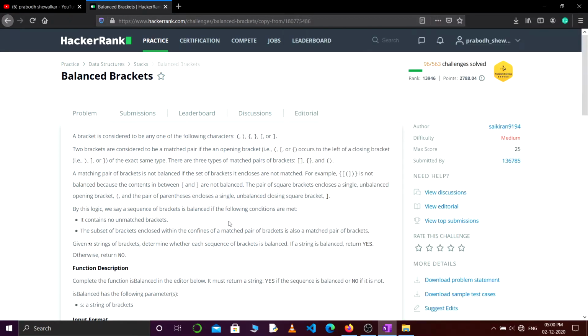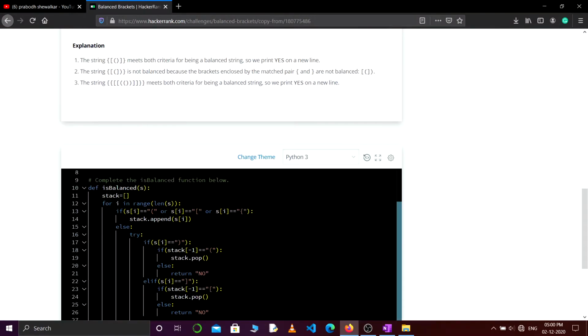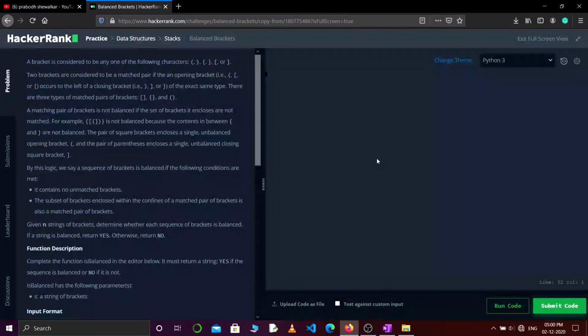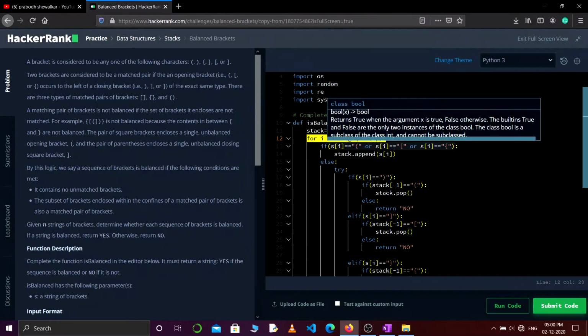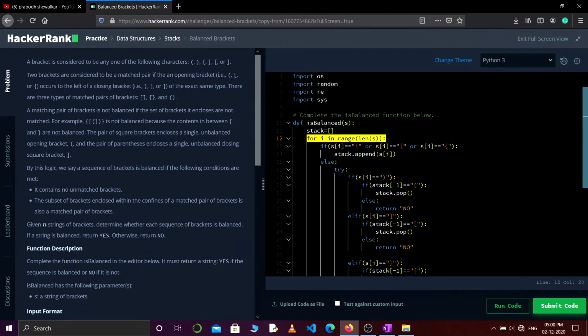Okay, so let's see the coding part now. I just initialize the stack, and this for loop is traversing through the string one by one. Here I am checking if it is an opening bracket.